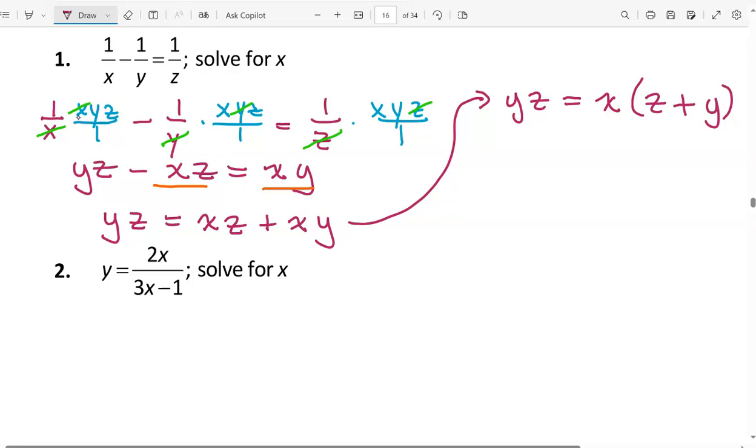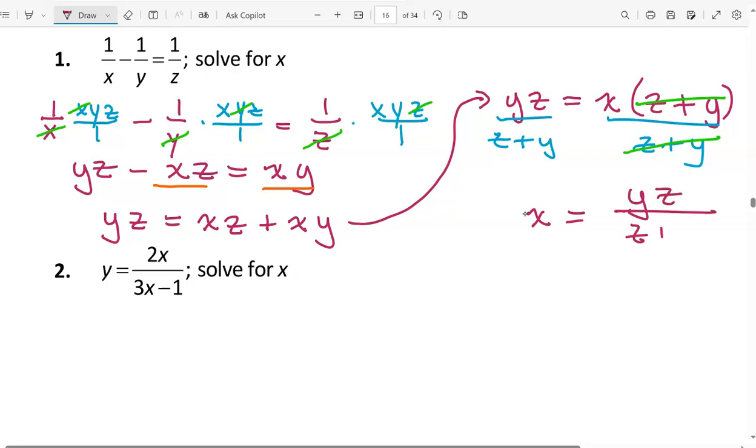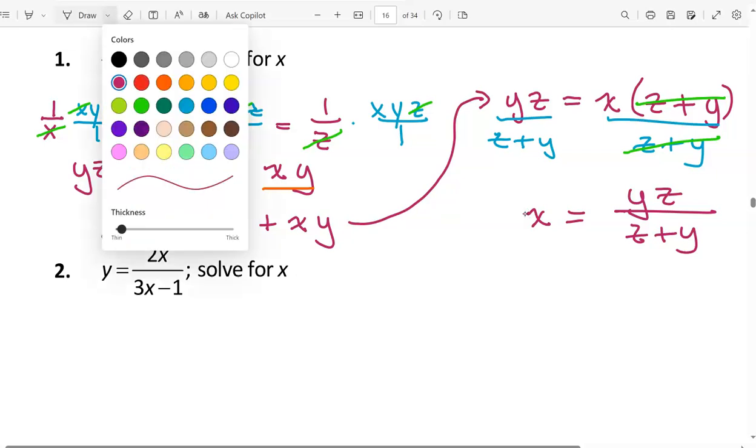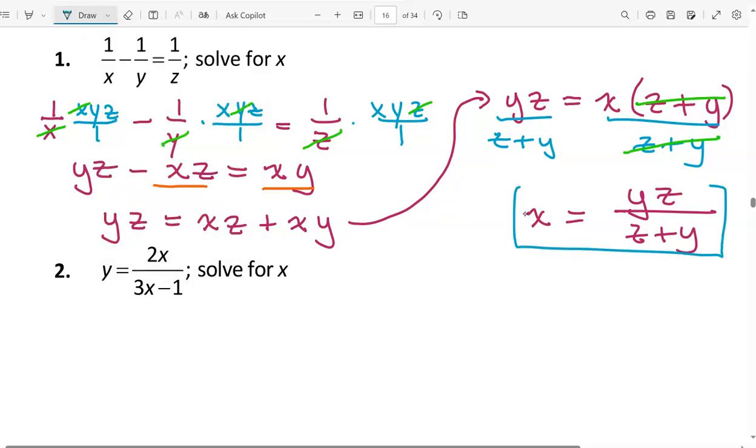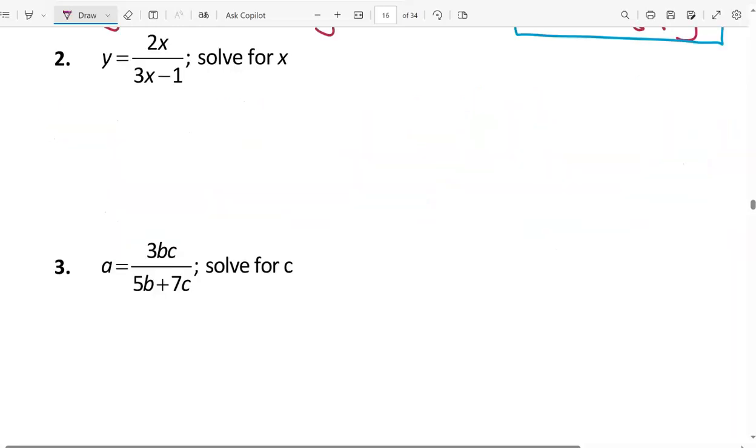And now we can divide both sides by z plus y and cancel common factors on the right side, which gives us x equals y times z over z plus y. And of course your denominator can be y plus z instead of z plus y, since addition can be done in any order. In number 2, since there's a rational expression, we'll begin by multiplying each side of the equation